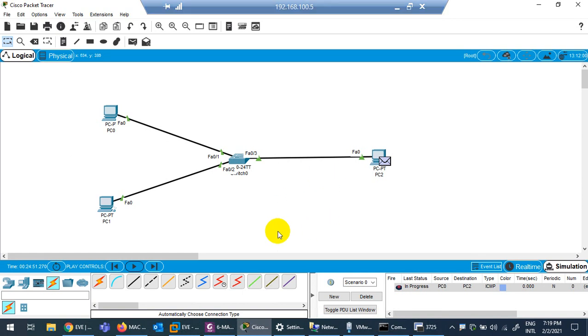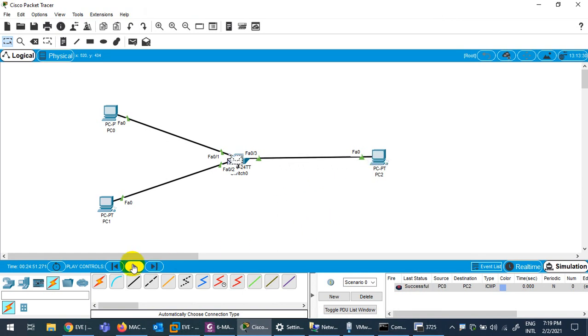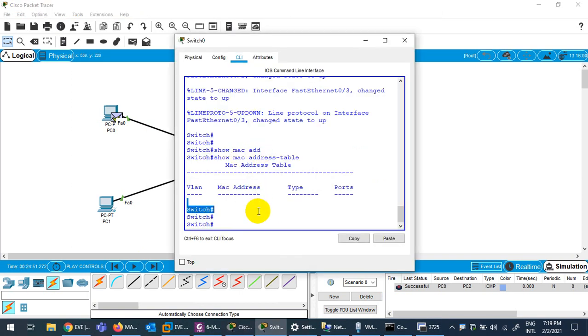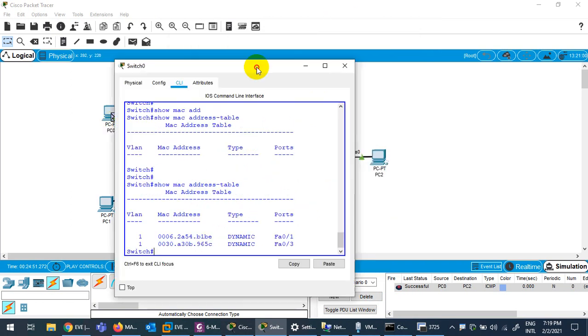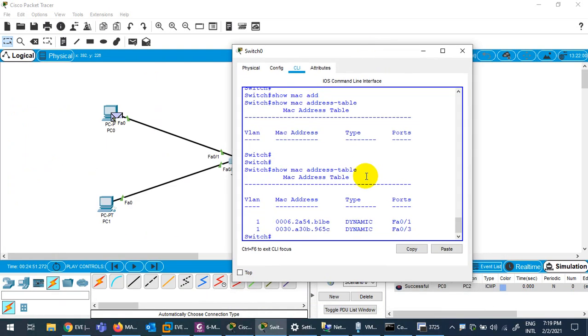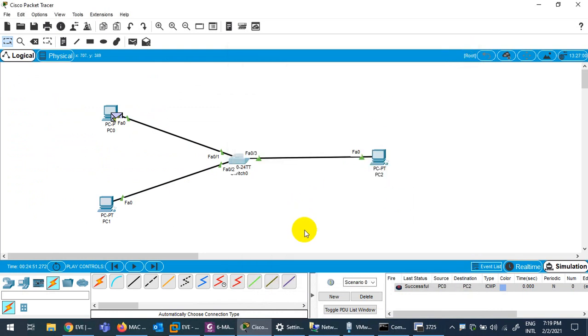So now it's unicast. Why is it unicast? Because the switch learned the MAC address of this device now. If I go to the MAC address table, before nothing was there. Look at it now, 2 MAC addresses. The first MAC address belongs to this PC and the second MAC address belongs to this PC, this side. We will discuss in detail how long these MAC addresses will stay in this table. This is a separate story. But first time every packet will be broadcast if the switch doesn't have a record.